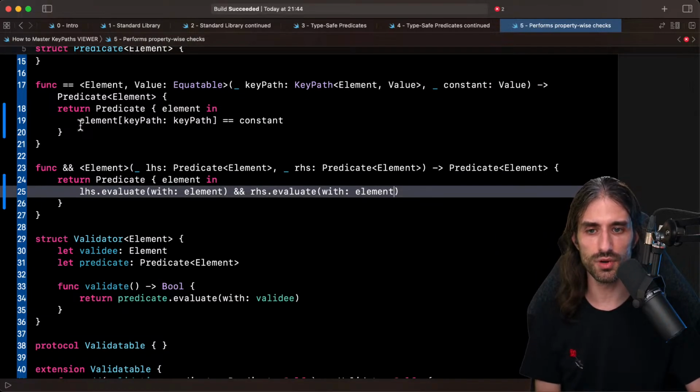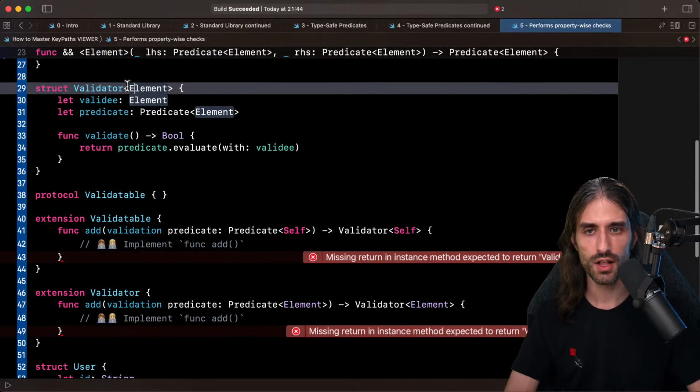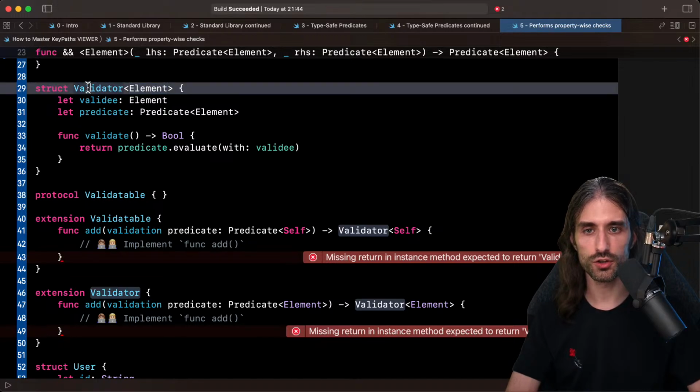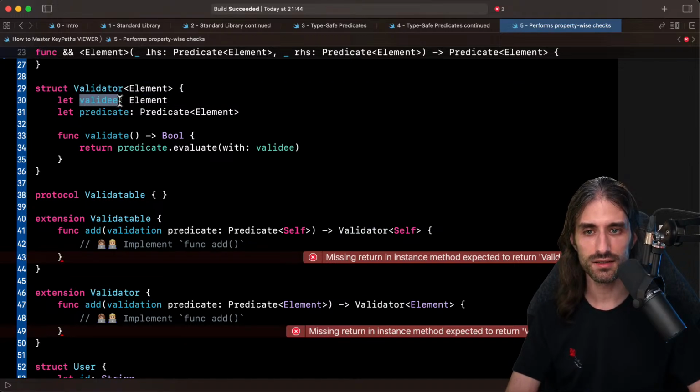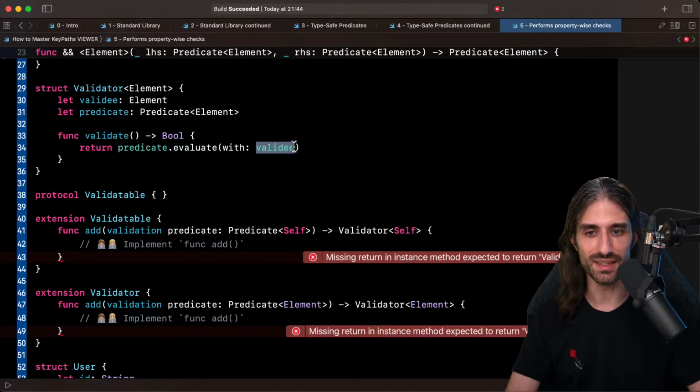Now let's get into the meat of the topic. So we have this struct called Validator. You're going to give it a generic argument Element, and it's going to store two things: a valid, so the value that you want to validate, and a predicate, and a method validate. What we do for the method validate, we call the predicate and we evaluate it with the valid.